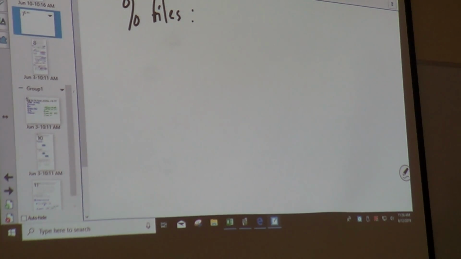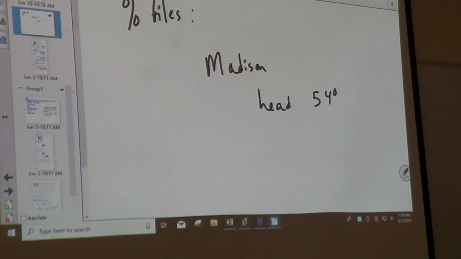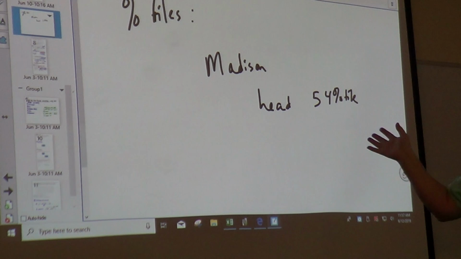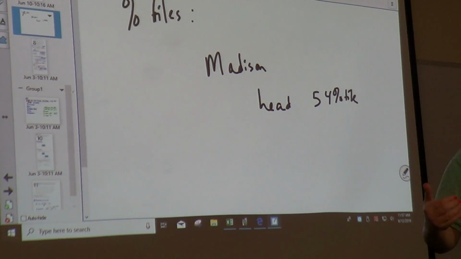Well, when my child got measured, she's 13 now, but when she got measured for her head, her height, her weight, they told me that her head was in the 54th percentile. My ex-husband freaks out. My baby is not perfect. He wanted it to be 100%. So I had to sit there with my baby in my arms and explain that if Madison's head was in the 100th percentile,